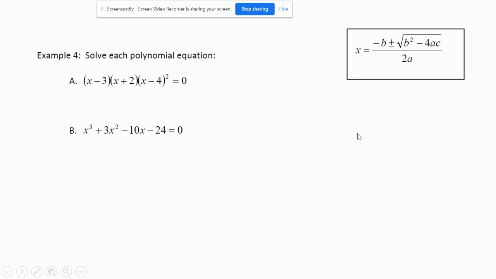Okay, example 4. So we're switching over here. Instead of dealing with polynomial functions, we're dealing with polynomial equations. In the previous examples, it was always y equals, and then a graph like this. But now the question is saying solve the equation. And what solve the polynomial equation means is figure out what